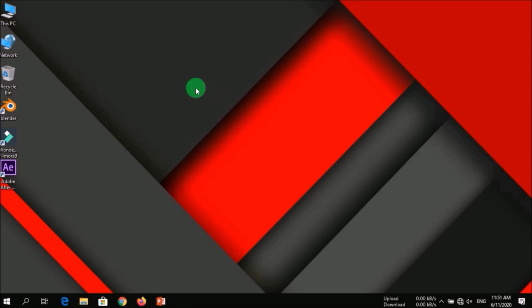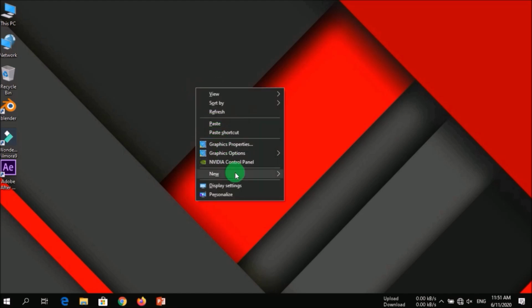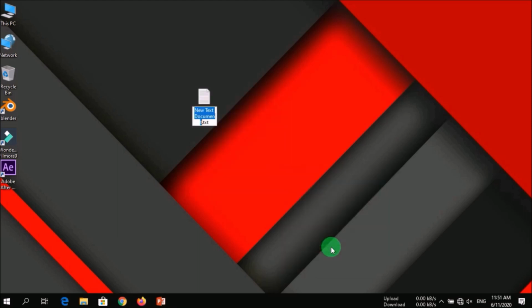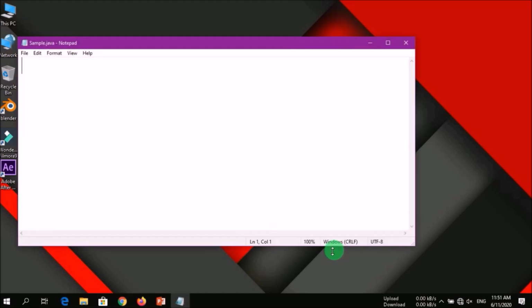Understand this, we are going to create a text document. Give the name as sample. Now design the basic structure of a class.